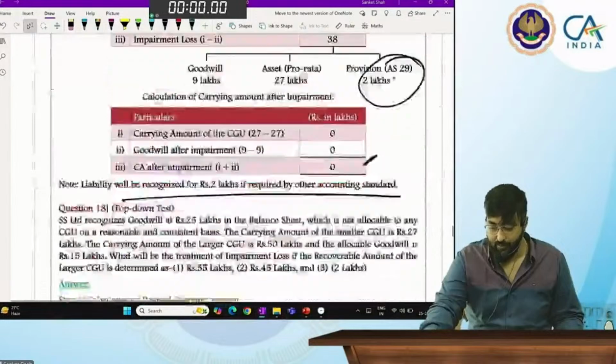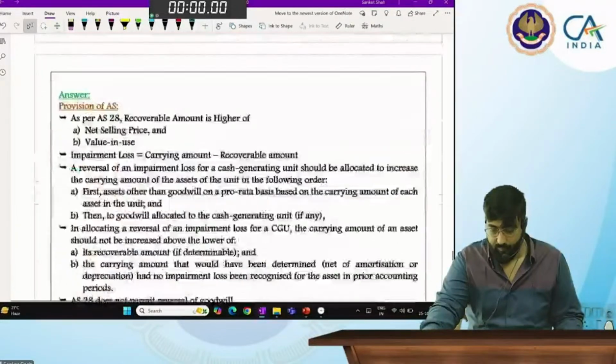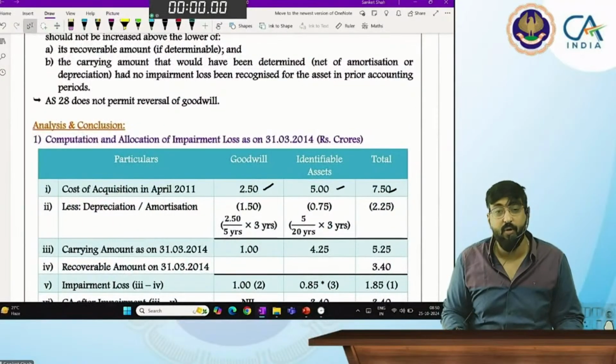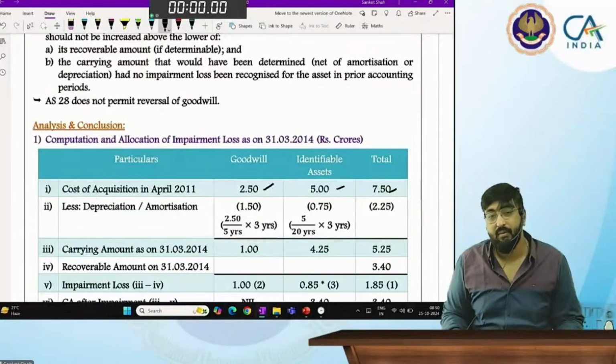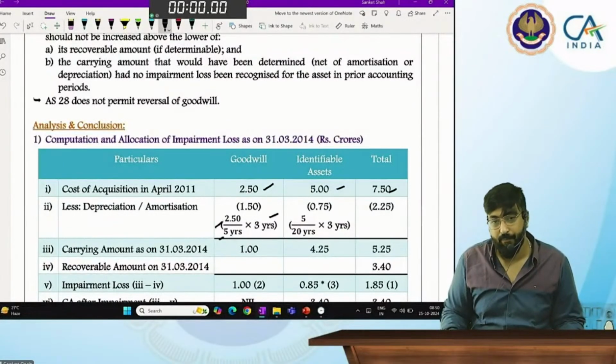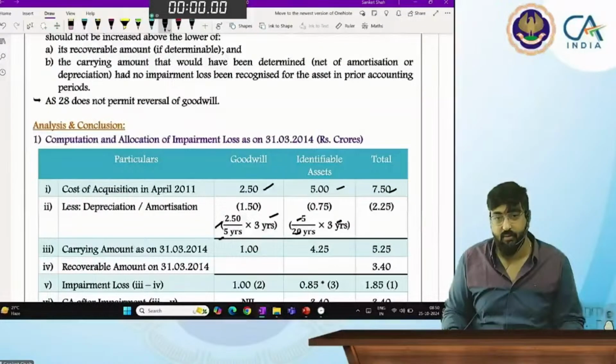See beta. What is my asset balance in April? 2.5, 5 and 7.5. Say yes or no. How many years we have completed? 3 years, no? 2 years कहाँ से हुआ बेटा? आपने 2 years लिया क्या? हाँ. 2.5 divided by 5 into 3 and 5 divided by 20 into 3. So my depreciation is,